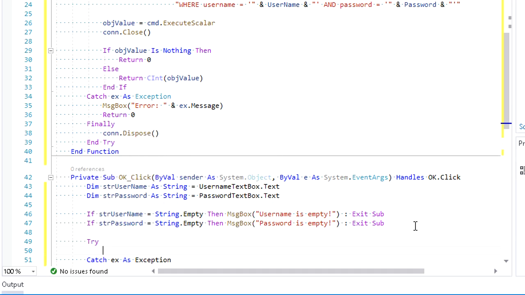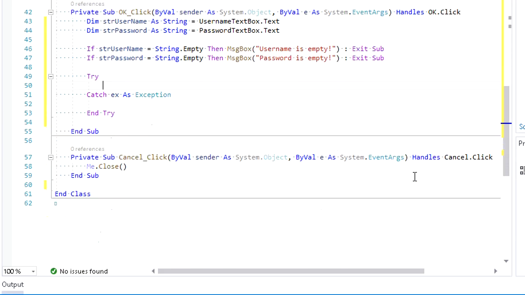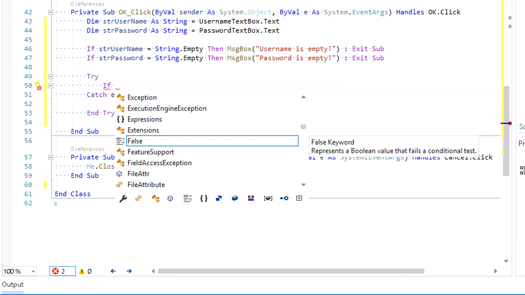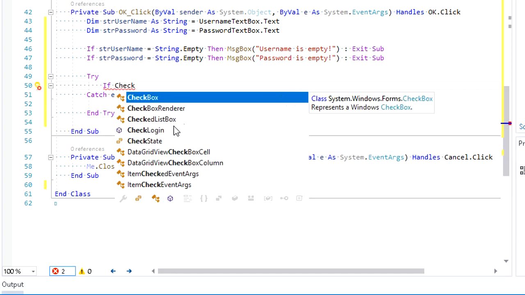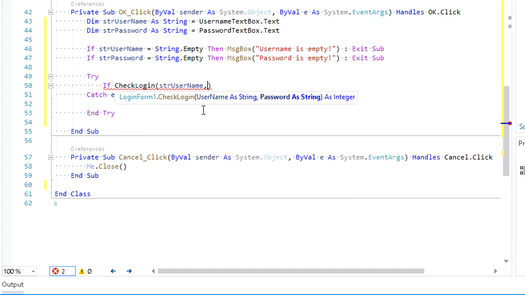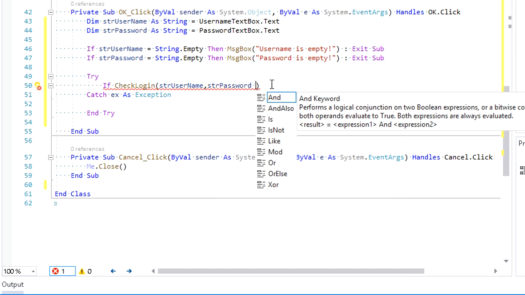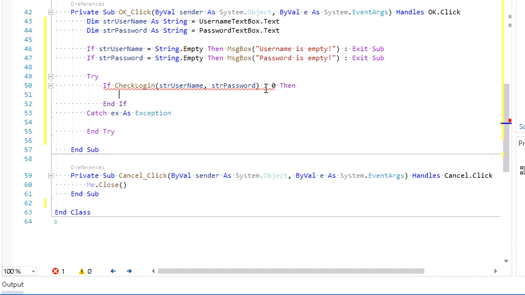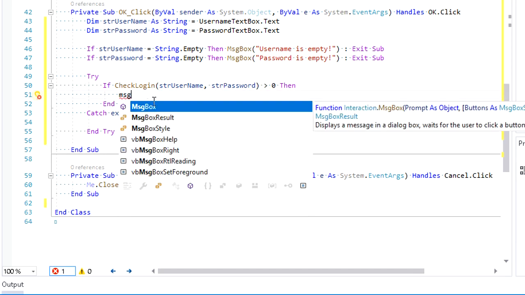Below, add try catch for error handling. Use an if clause while calling the CheckLogin function that we've made before. Give it username and password parameters. The result we expect is greater than 0, or to be exact is 1, because the username field should be unique.